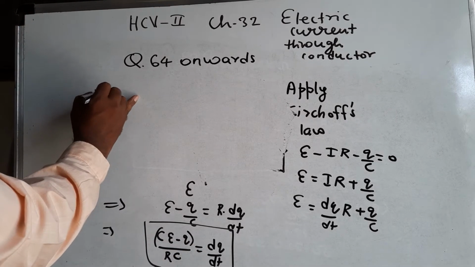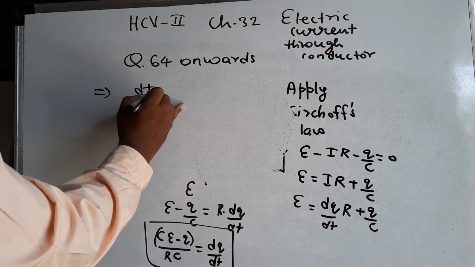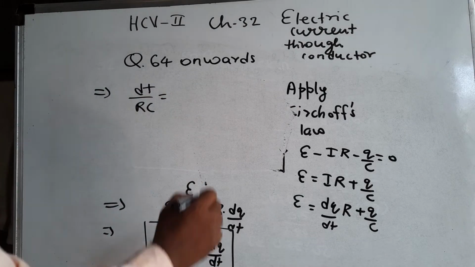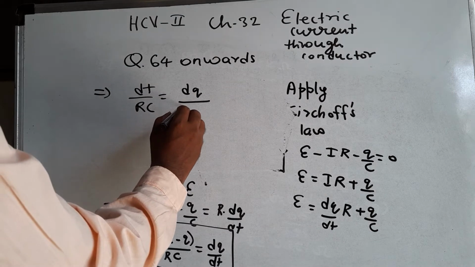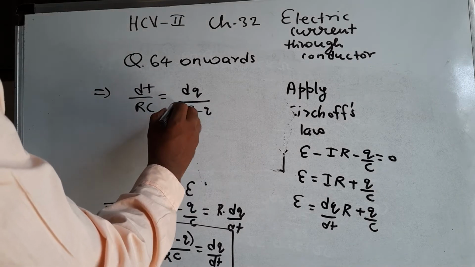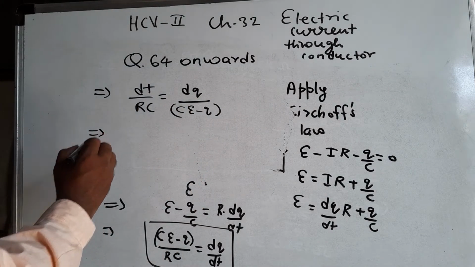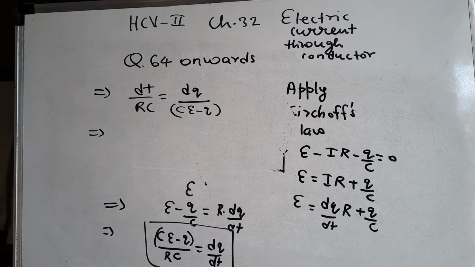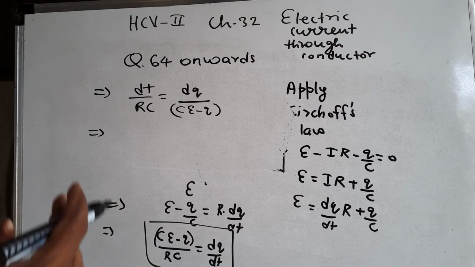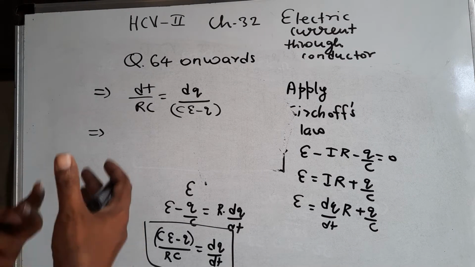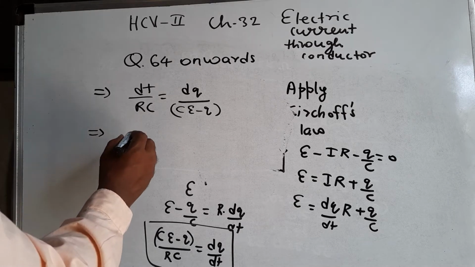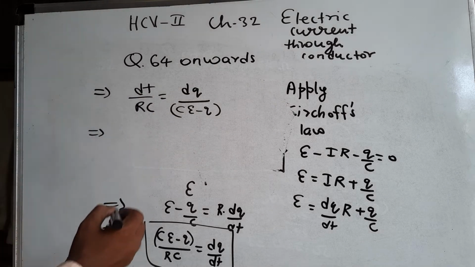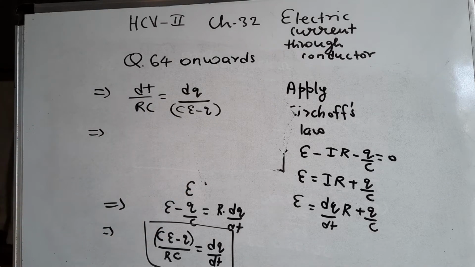So we will get dt upon RC equals to dq divided by Ce minus q. Now let's do the integration both sides. We know that with time the charge increases on the capacitor. So let's say from 0 to t we integrate, or if we just do it without any limits,